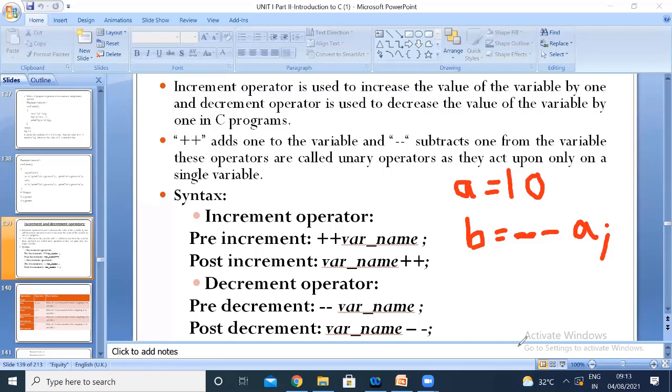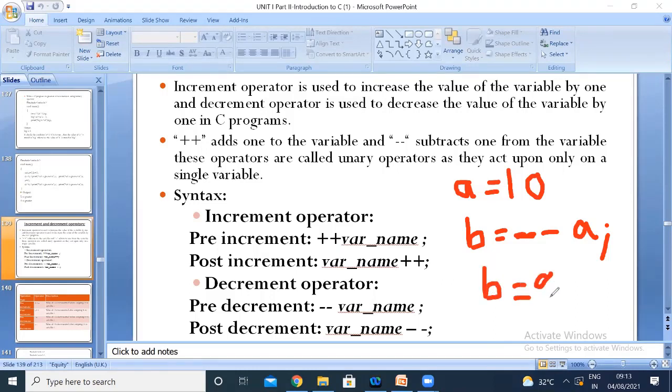Is it post-decrement or pre-decrement? Pre-decrement. Pre means first you perform the decrementation operation, then assign the value to B. So what will be the value of B now? 9, ma'am. Yes, B is equal to 9.